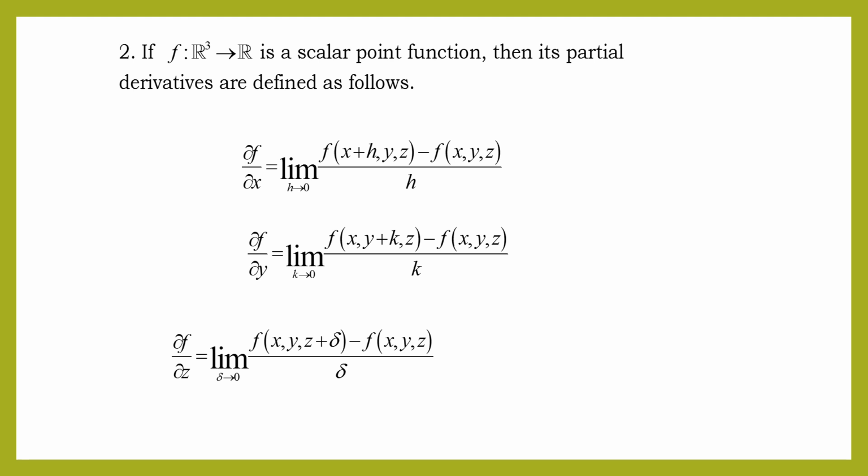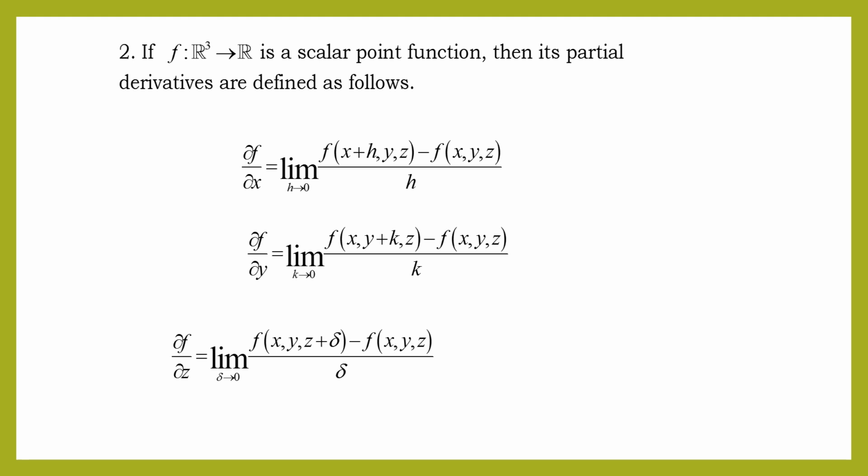Here we consider the next case. We consider a function from R3 to R. This is also a scalar field defined on the three-dimensional space. So there exist three types of partial derivatives: dou f by dou x, dou f by dou y, and dou f by dou z. The first partial derivative dou f by dou x is defined by limit h tends to